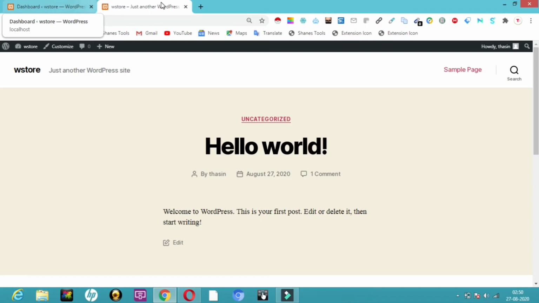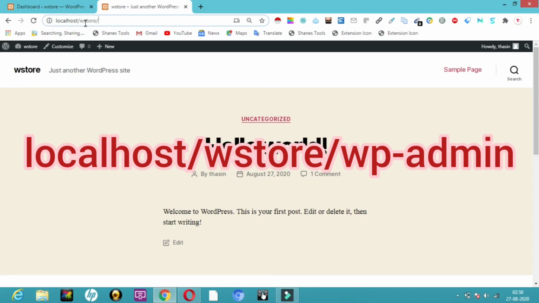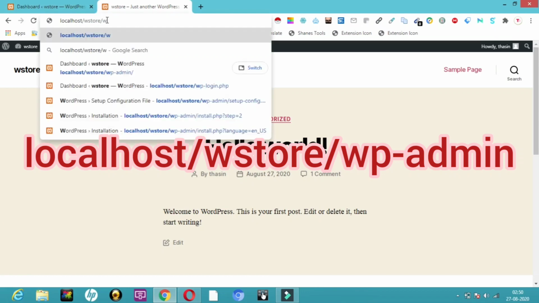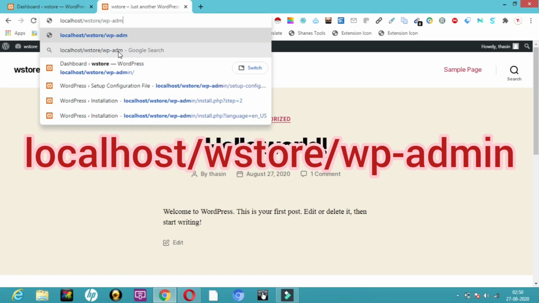Now the next point is, if you want to open the dashboard where we are working right now, localhost slash your website name will open your website. If you again type slash, localhost slash WStore slash wp-admin, WP admin you have to type.